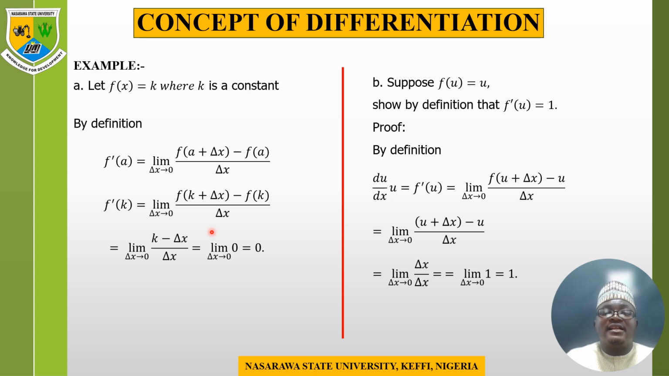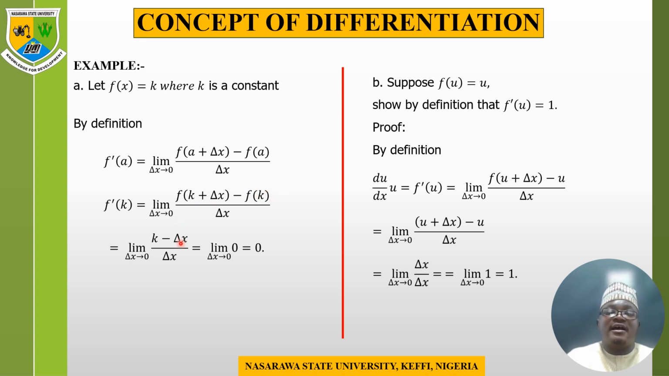After putting that one, we take the limit as the increment of x tends to 0. What we mean by the increment of x tending to 0 is that anywhere you see the increment of x here, it is equivalent to 0. Then, when we take this, the constant is 0. And the reason is, if you open this bracket,